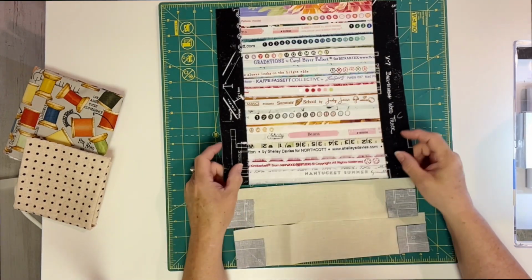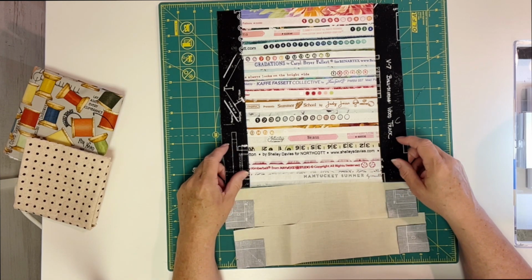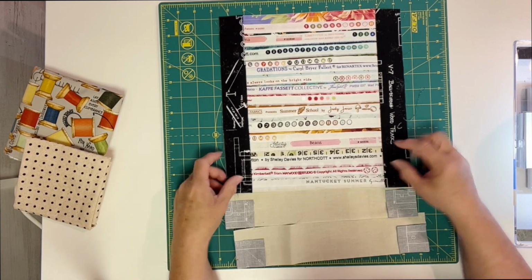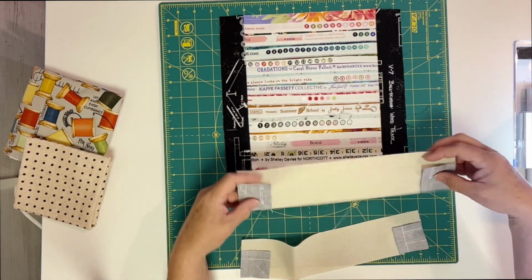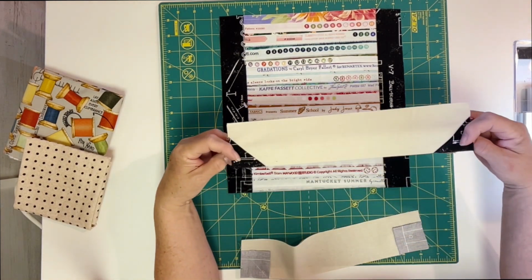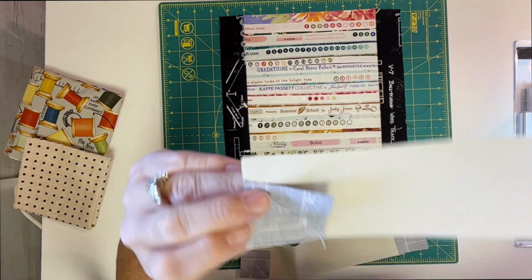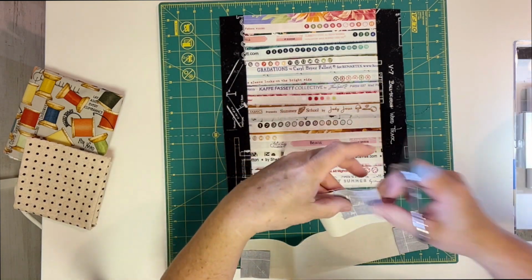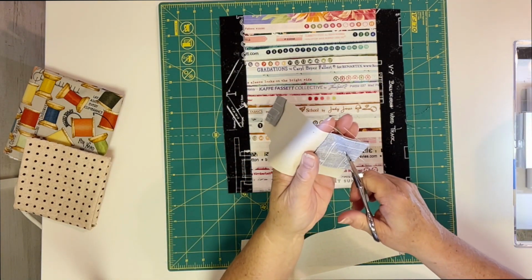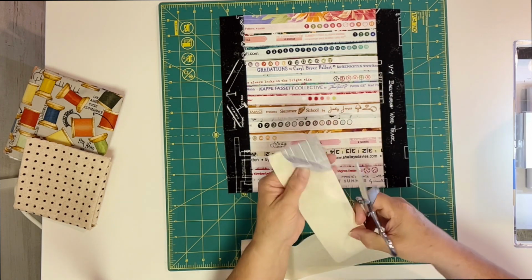Okay, here we are. Don't forget to change your stitch length back to regular stitching, 2.0 or 1.8, whatever you like. Sew your side pieces on here. And then I have already done my stitch and flip here. You can see how I sewed those on from corner to corner. And then I'm just going to trim off, just like you do a flying geese or any sort of stitch and flip. You cut off that little extra piece,